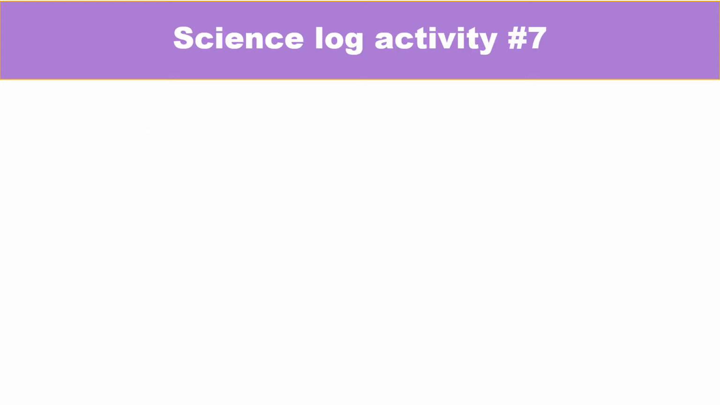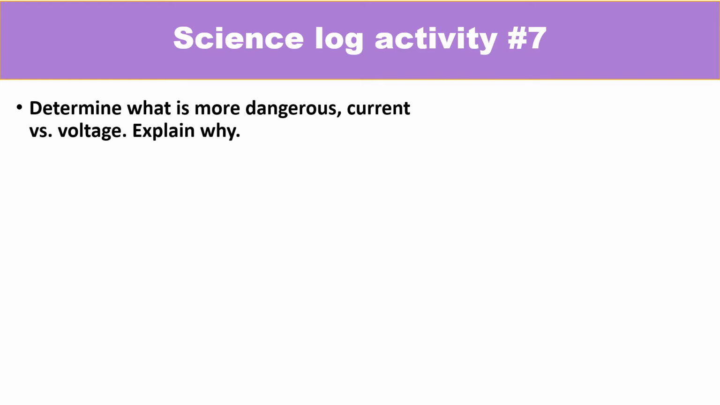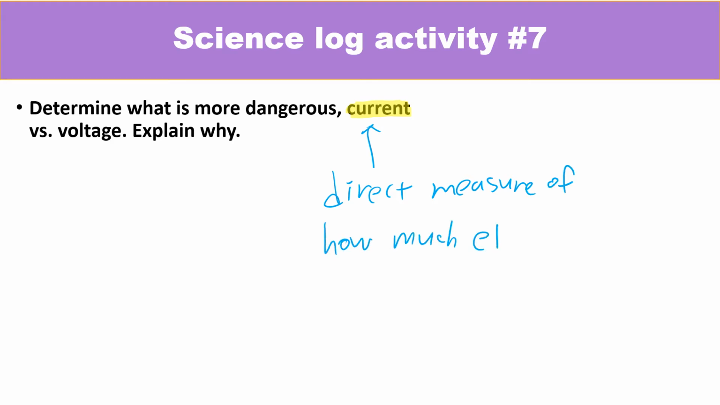So the first question is asking about the safety. Determine what is more dangerous, current versus voltage. In the end, both are dangerous. If I tell you the conclusion first, however, if I put an emphasis, current is more dangerous because current is a direct measure of how much electrons